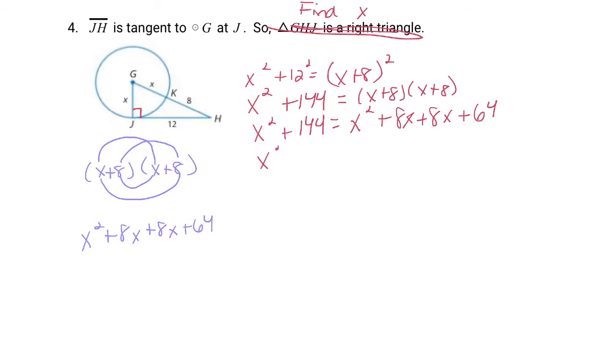Now, we can combine some like terms on the right. The left will stay the same. We've got x squared plus 16x plus 64. So I want to get all the like terms together. So I'm going to subtract x squared from each side. They cancel on the right and they cancel on the left. I'm going to subtract 64 from each side. And I get